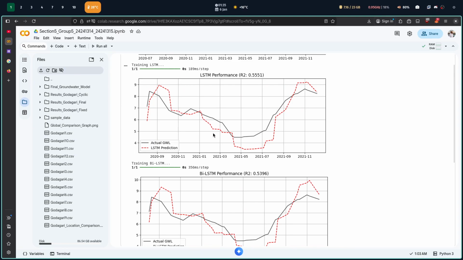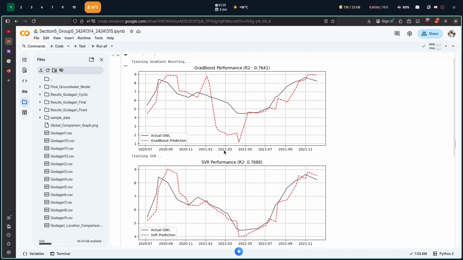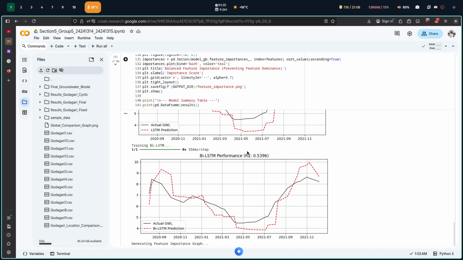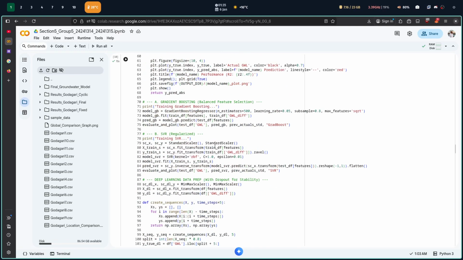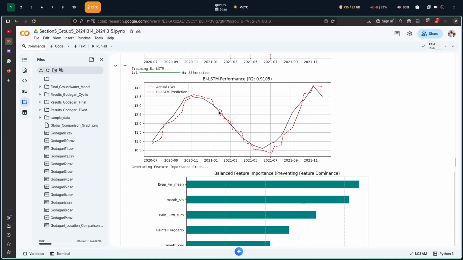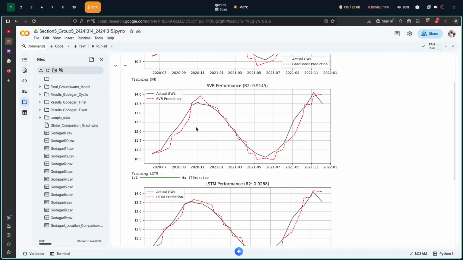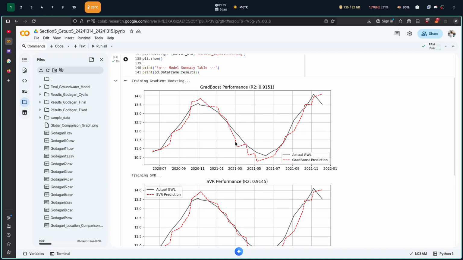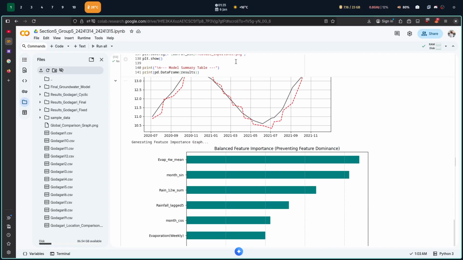Our result, you can see in the actual and the predicted graph, which was in the negative before, and now it's on the positive side, and it's pretty close. It means the models are performing really well in these conditions. So we found this, and then what we did was we ran